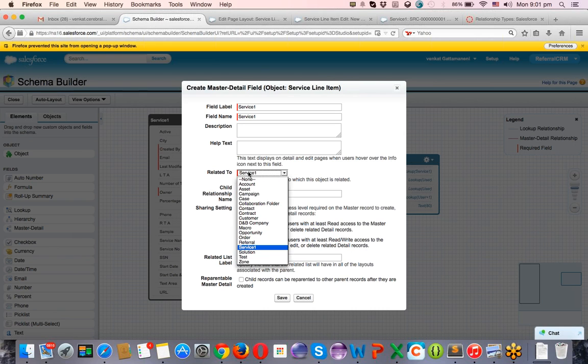By clicking yes, it automatically maps to service 1. See the related list label, I can give it like this. I haven't modified it because service line items is already there in the system. Okay, it's not showing the same name. It's showing service 1 in brackets. Earlier, it was like this for the previous relationship.